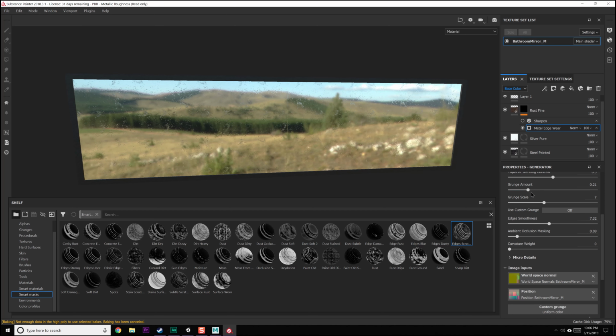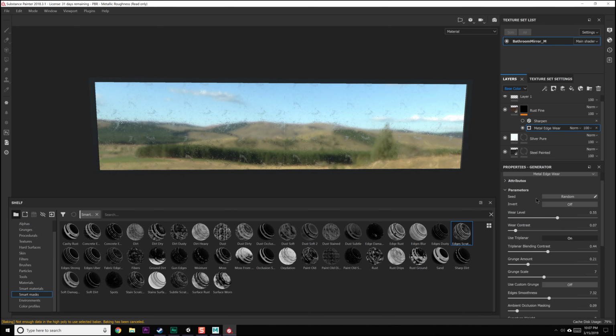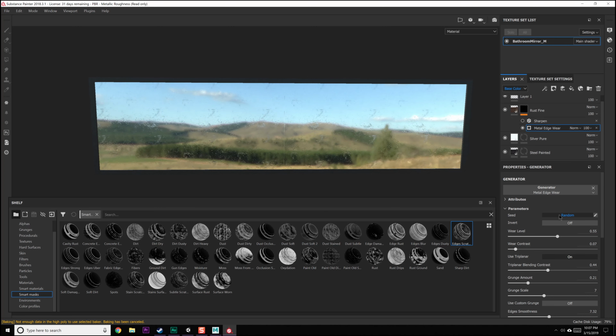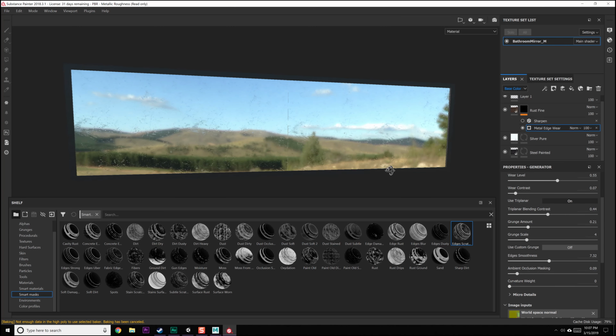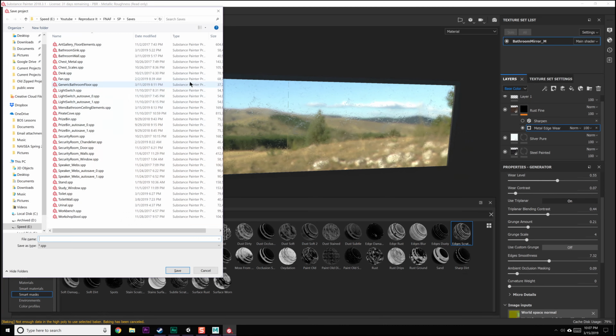I'm gonna increase the grunge just a little bit. You know, the scale's a little off, isn't it? Let's randomize a few of these. That's probably what we want to go with. So let's save this out and do bathroom mirror, enter,